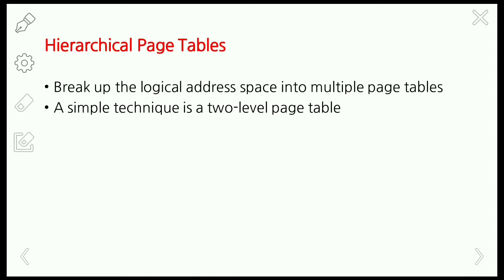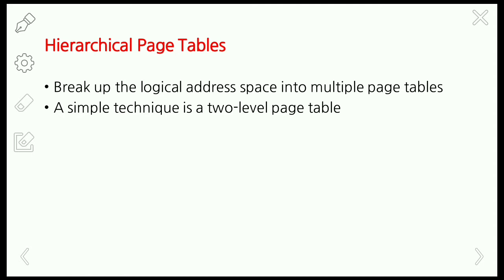Most computer systems have a large logical address space, ranging from 2 power 32 bytes to 2 power 64 bytes. Therefore the number of pages in a process becomes very large, and hence the page table becomes large. The page tables are kept in the main memory, and whenever we want to refer to a particular frame in the main memory, first we have to refer to the page table, which points to the corresponding frame, and then we can access the data in the main memory.